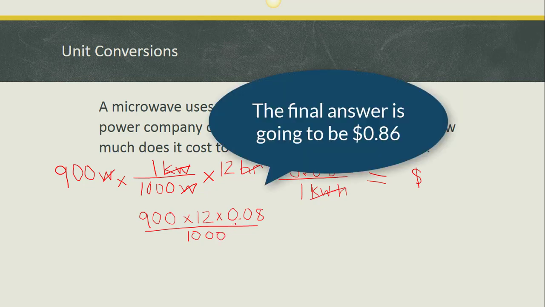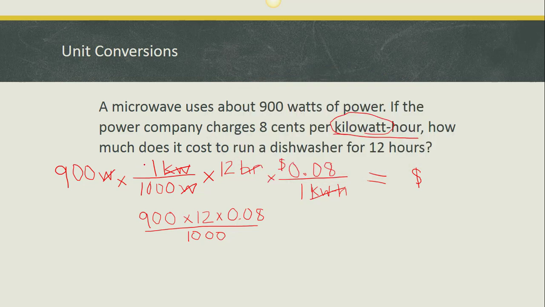So looking at this, is there a way we can simplify it before we go on? Yes, we could do that. We could say, well, this has 2 zeros, and down here has 2 zeros. So it's kind of like dividing by 100 on top and bottom to cancel those out. Then we do our multiplication facts. We do 9 times 12 is 108